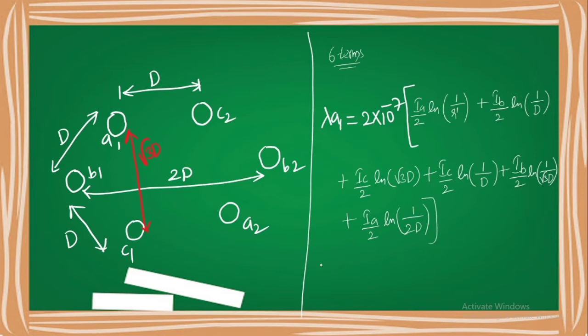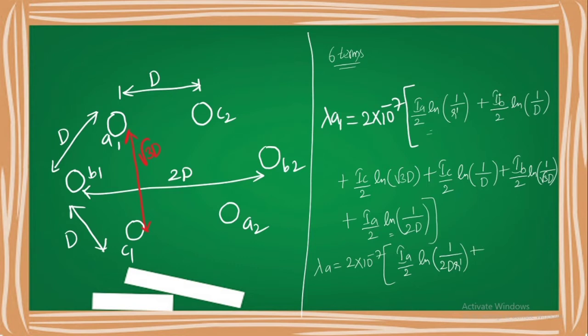Now when you simplify this expression, lambda A is equal to 2 times 10 power minus 7 for this term and for the last term. First and last terms have the common IA by 2. So I can take IA by 2 as common ln of, because ln of A plus ln of B can be written as ln of AB. I am not writing the formulas again here for the natural logarithms, because in the last class I have written many formulas, so you need to understand directly.